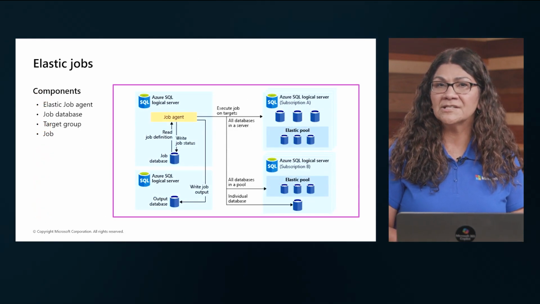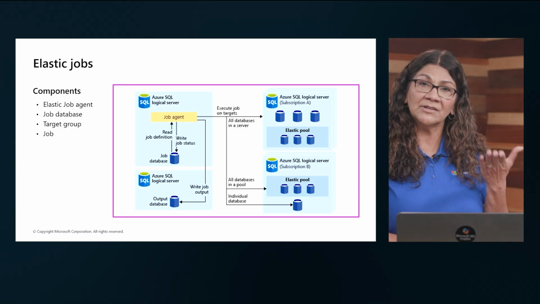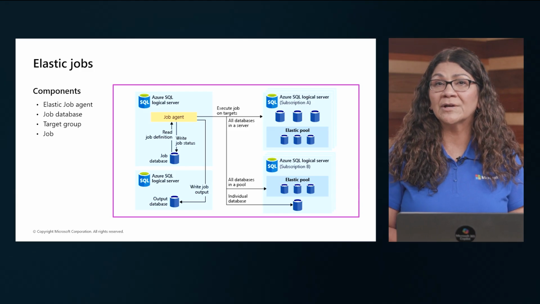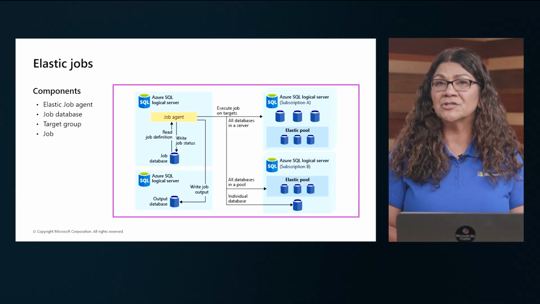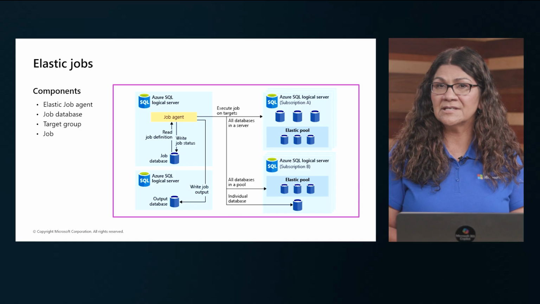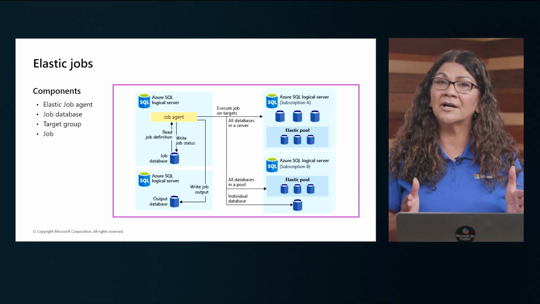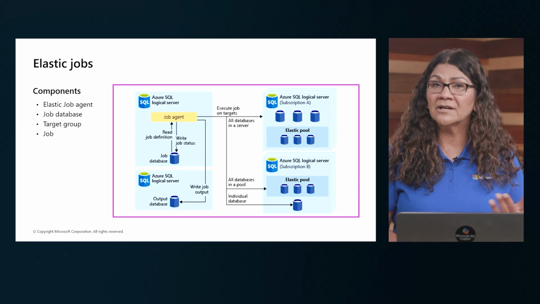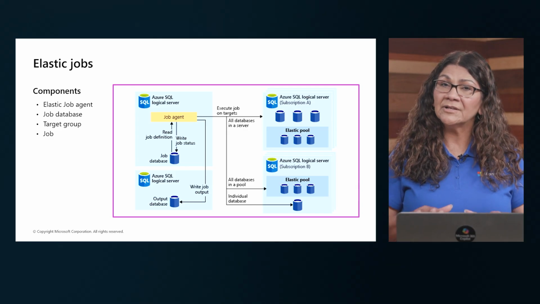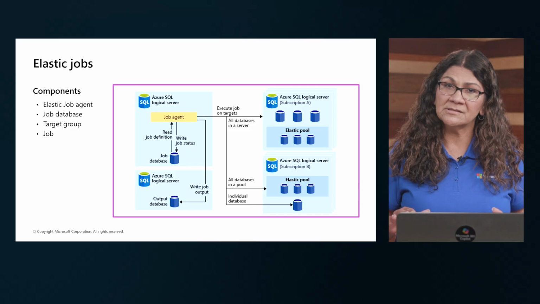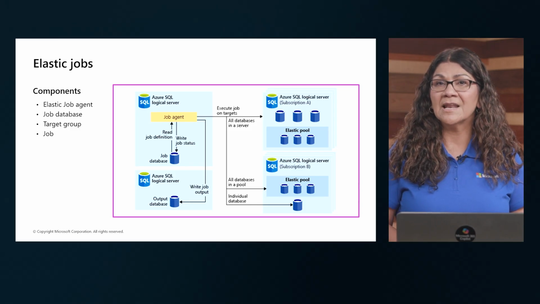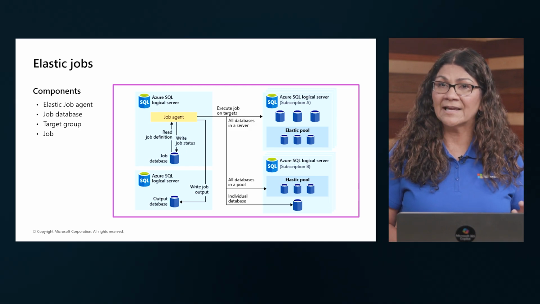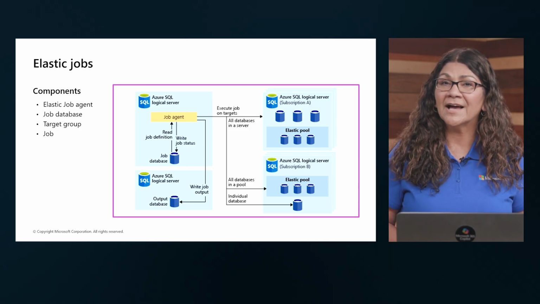Here we see the architecture and components of Elastic Jobs in Azure SQL and how a job agent reads job definitions from a job database and executes T-SQL scripts across a target group of databases, whether on a single server or within an elastic pool, or even across multiple subscriptions. The job status and output are written back to designated databases for tracking